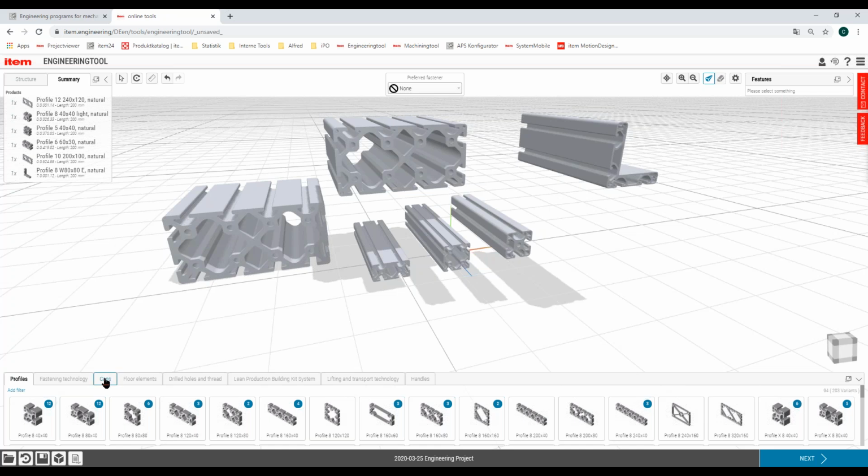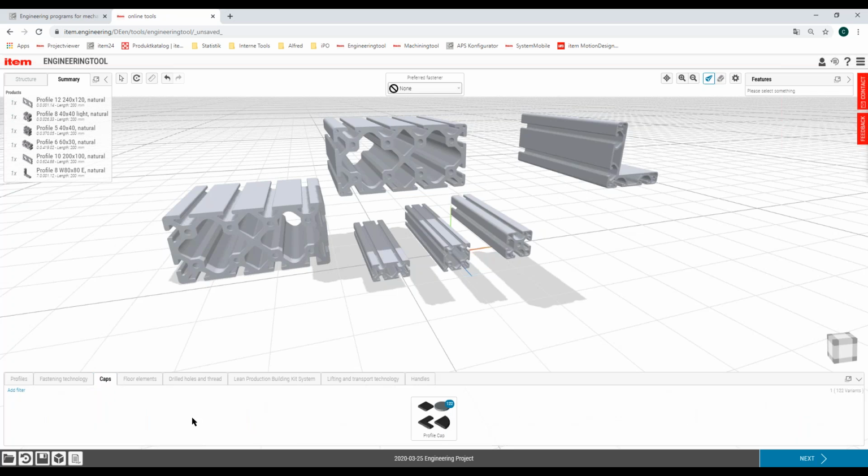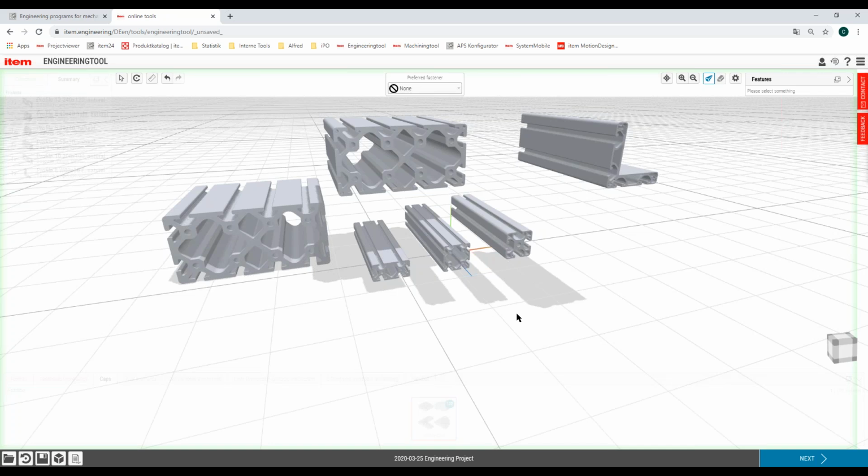And we said, why should we do it like in a CAD system or in our print catalog? In our print catalog, well, you have to go through 9 different pages and select from 200 different caps. And you can only hope that you will find the right cap for your use case. But it's a lot of time which you need. Here in the engineering tool, we have exactly one object with caps, and I can import this cap into my scene.